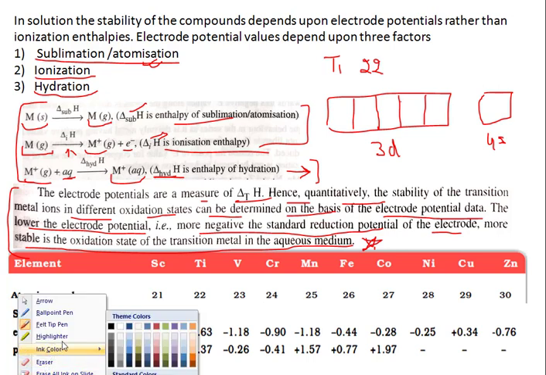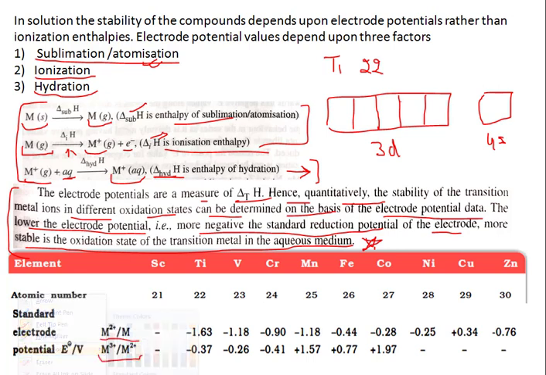So two electrons will be in 4s, 1, 2, and 2 in d. That's why we have discussed all the ionization enthalpies in detail, so you have to remember that on the basis of that. Now, if we have to remove two electrons,